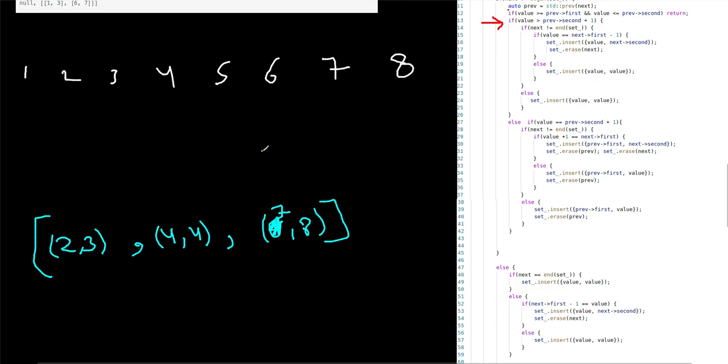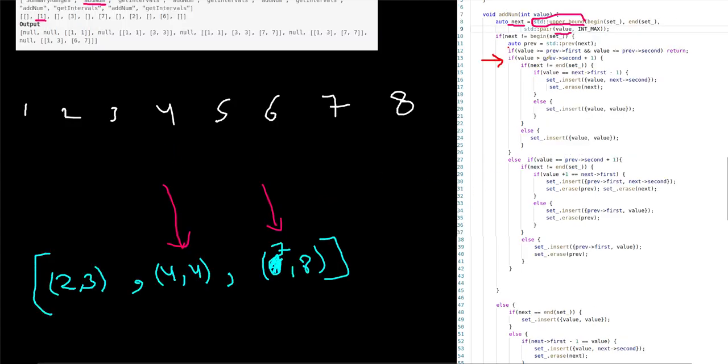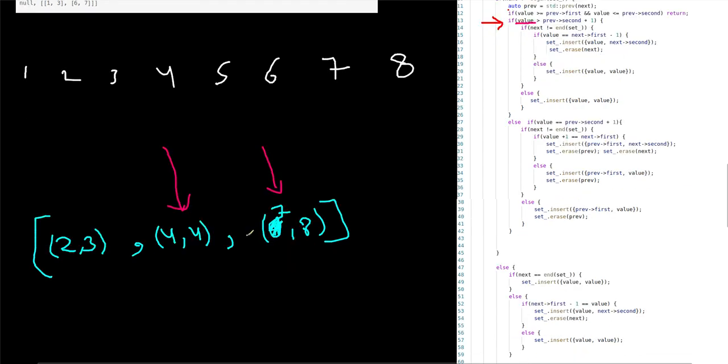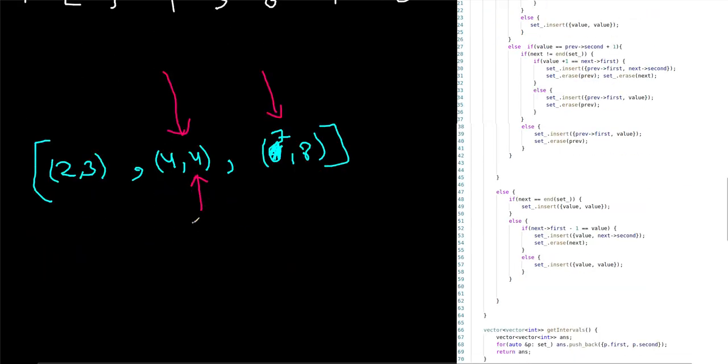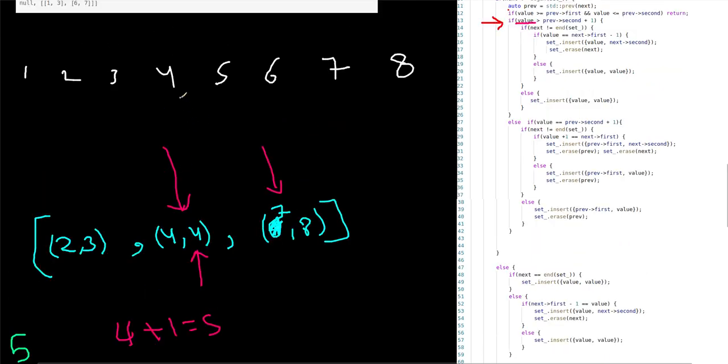So for 5, the next will be this, and the previous will be this one. Now we check if the value is greater than previous second plus 1. So this previous second, which is 4, plus 1 equals 5, and this is the value that we want to add. So we need to add 5,